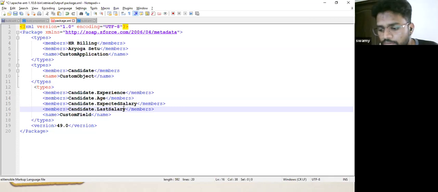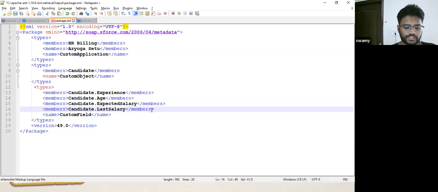So in my project, what is the best practice that we follow? We are not creating these files manually, because not many people are handy with XML. You have to be very vigilant while creating an XML file. Though it seems very simple, even a simple mistake can create havoc.